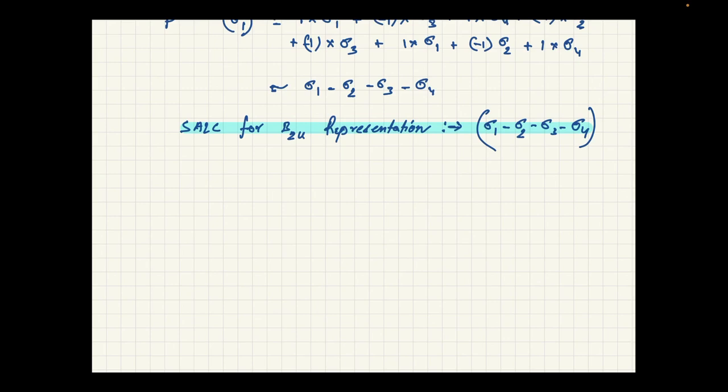You can find the symmetry adapted linear combination for any irreducible representation. For a two-dimensional representation, you have to apply it 2 times, and this case has been discussed in the lecture videos. Okay, so next I will discuss the Huckel approximation